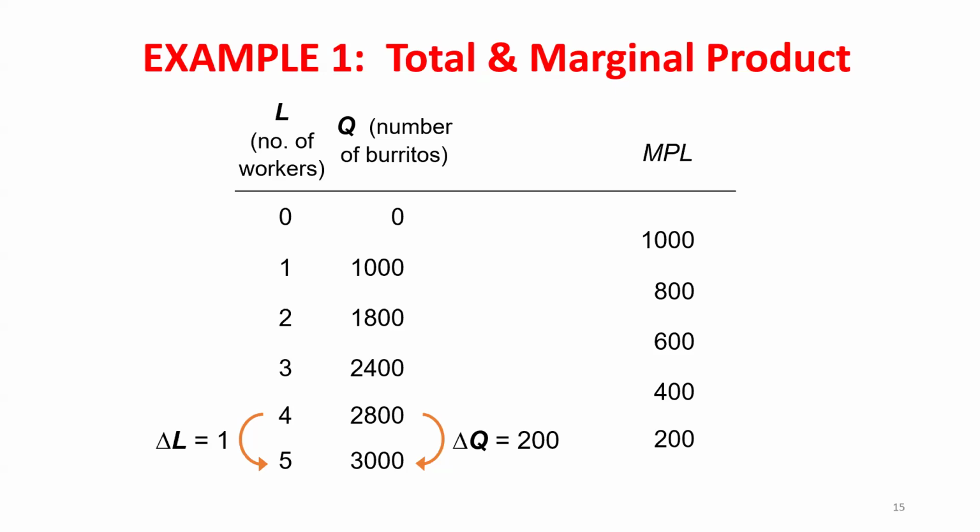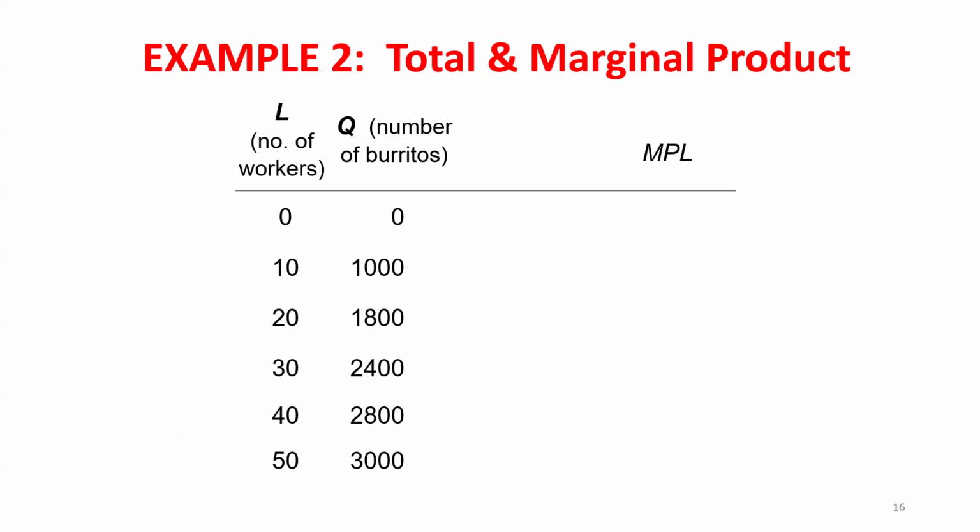100, 80, et cetera, right? I'd just be dividing by a different jump in the quantity of labor. So what's another example we can think about here? If I change the number of workers to 10, I still go through that same thought process. The change in output is 1,000, but now to get that additional 1,000 units, I had to hire 10 workers. All right, so 1,000 over 10 would give me a marginal product of 100.